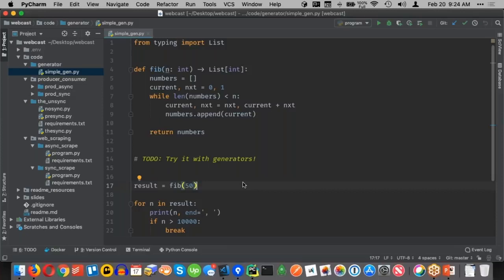Next point. If you could emphasize that we sometimes use the word async when we're describing a technique, but there's also a keyword in Python called async, which speaks to a specific implementation. Yes, absolutely. We'll get to that in just a second.